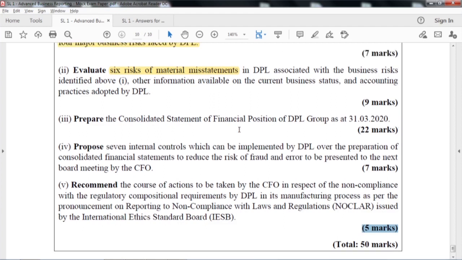So, the next question, propose 7 internal controls which can be implemented. Now, this question we did not predict, right, but it is a good question again, which can be implemented over preparation of consolidated financial statements. Now, that is a very important question. That is where I said to reduce the risk of fraud and errors, right. In short, what they are asking is internal control over preparation of consolidated accounts,